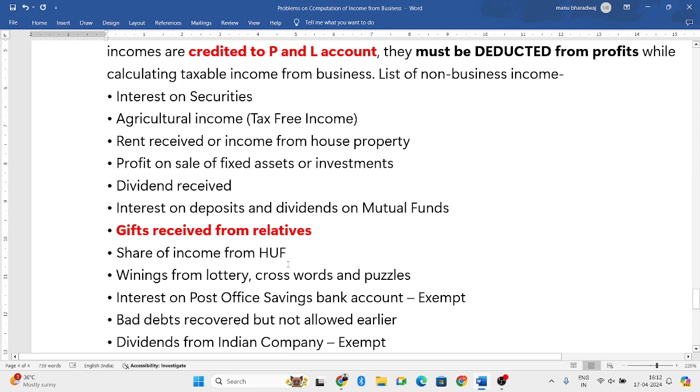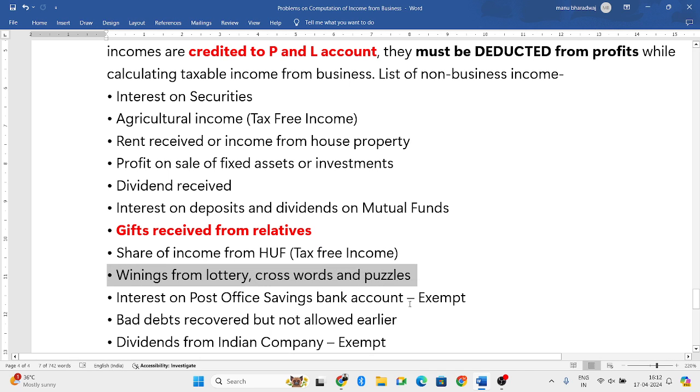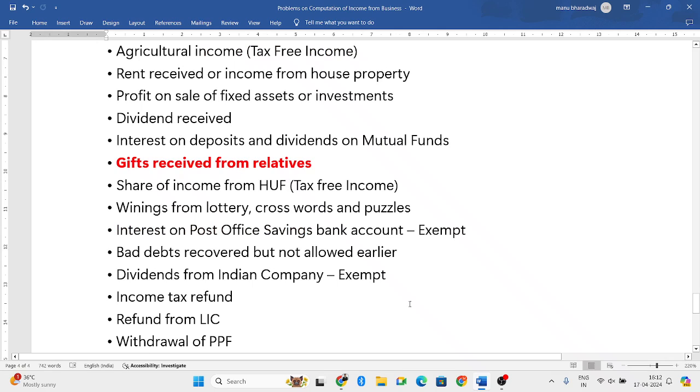undivided family. Again this is a tax-free income, as you all know. You have a certain list of exempted income which you studied in Income Tax Law and Practice 1. Any income you are getting from a Hindu undivided family is considered tax-free income. Winnings from lottery or crossword puzzles are nowhere related to your business. Interest on post office savings bank account: up to 3,500 you have an exemption for an individual, and if it is a joint account, 7,000 is the exemption. Whatever interest is there on a post office savings bank account, you cannot claim as